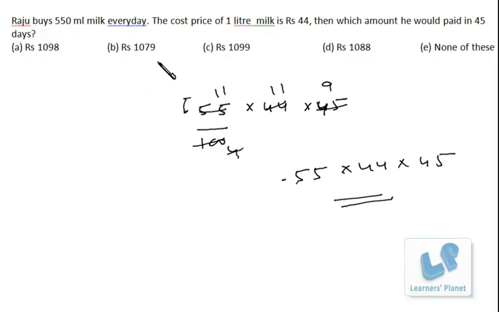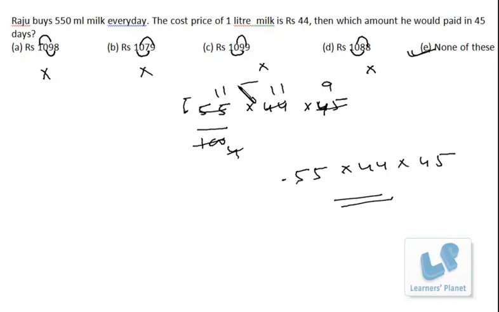Just check the options, which of the options is a multiple of 11, and you must be knowing the divisibility test of 11. So just add up the alternate numbers. This is 8 and this is 10. Difference is 2. So it's not 0 or 11. So this number is not a multiple of 11. Further, it's 8 and it's 9. Not at all applicable. This is 10 and this is 9. Not applicable. This is 9 and this is 8. Not applicable. So none of the options is a multiple of 11, right? So none of this is the answer.